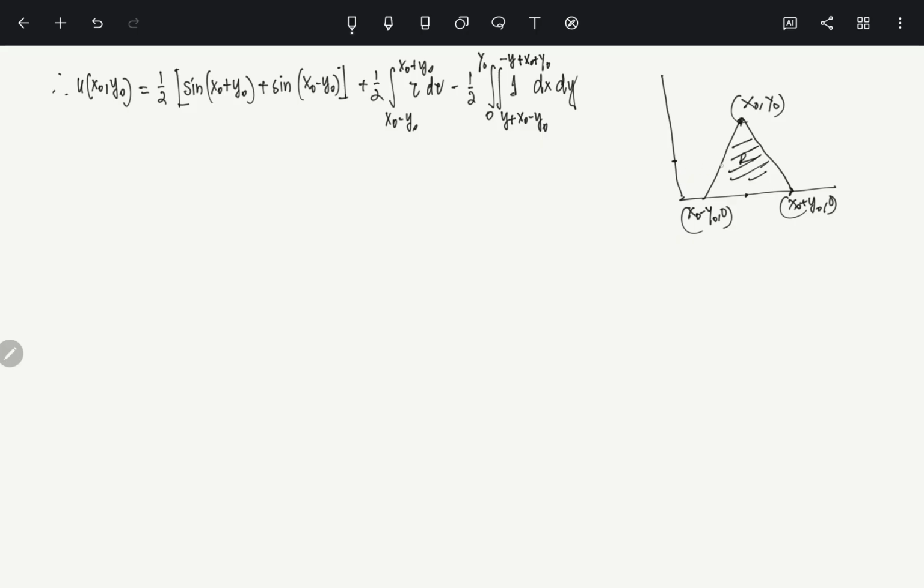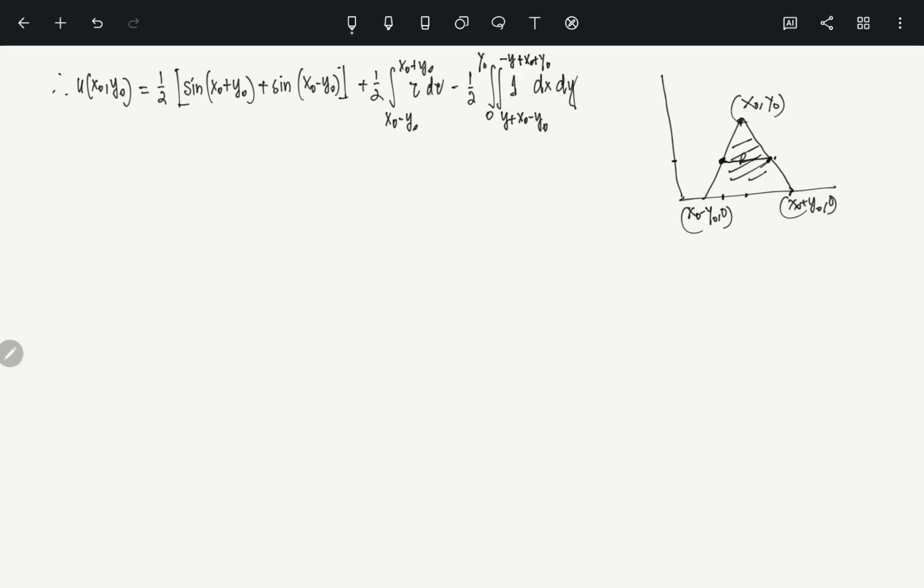See, for a fixed y, if you fix a y here, your x is varying from here to here, right, from this point to this point. So this point for an arbitrary y is y plus x naught minus y naught, and then this point is minus y plus x naught plus y naught. So we have that. Okay,